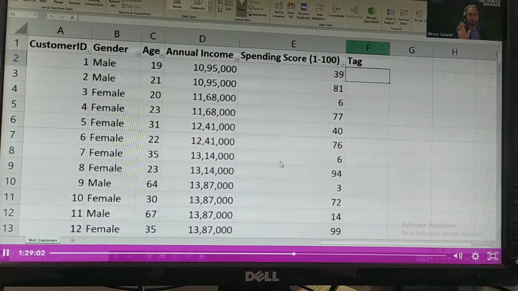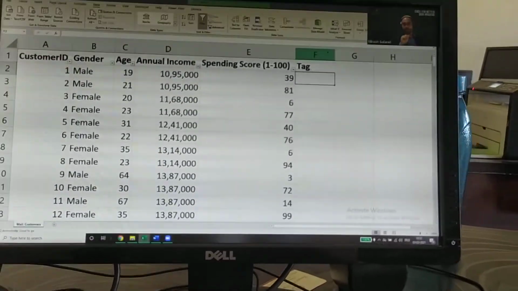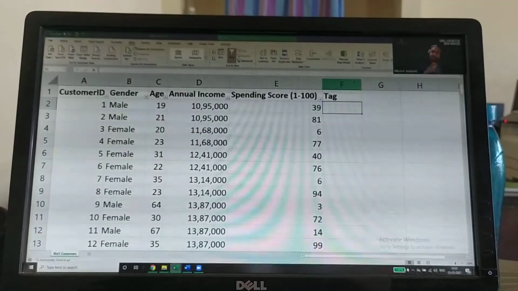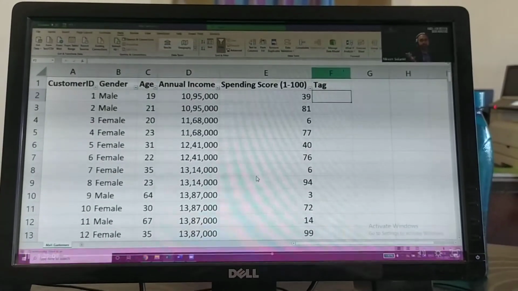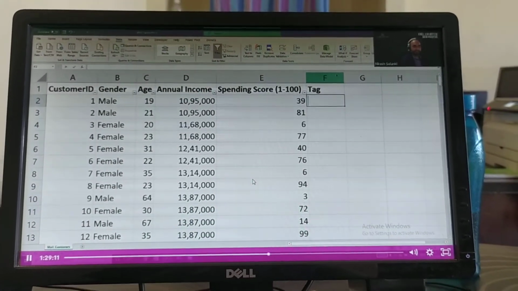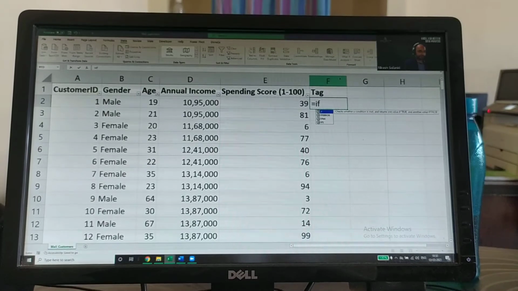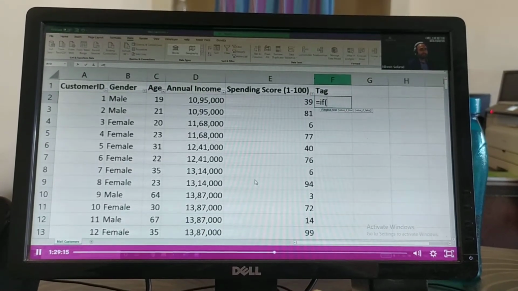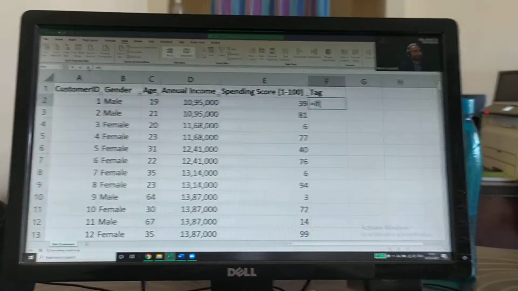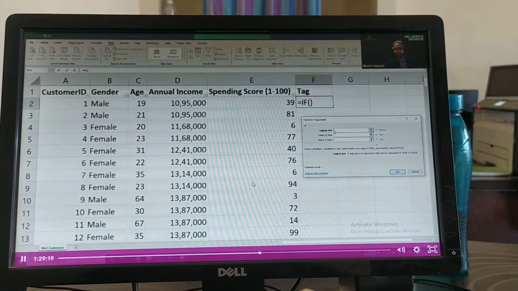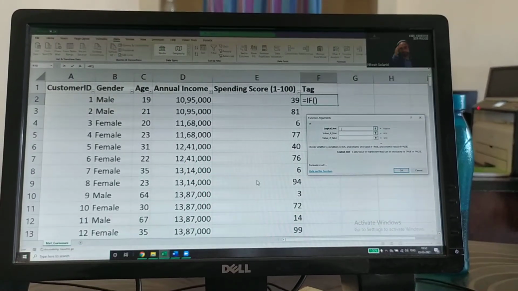The formula: if the spending score is below 50, he's a bad spender, else he's a good spender. So I'll put a very simple formula here. IF, I'll click on fx, logical test.